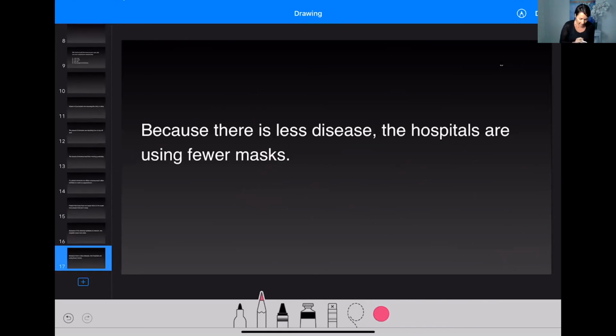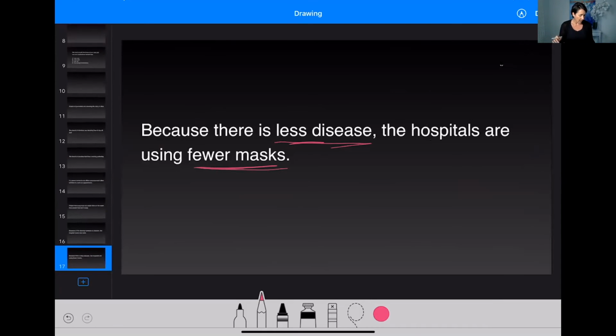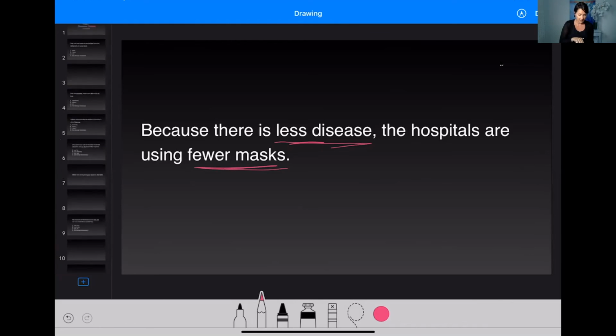Okay. And then we have it here, use correctly. Because there is less disease, that is correct. Now, if I said, because there are less patients, no, no, no. Because there are fewer patients, because I can count the patients, okay? So the hospitals are using fewer masks. Less disease, correct. The hospitals are using fewer masks. Correct. Okay. So that is a basic understanding of what's going on when it comes to these particular questions on the exam. But for now, what I'm going to do is